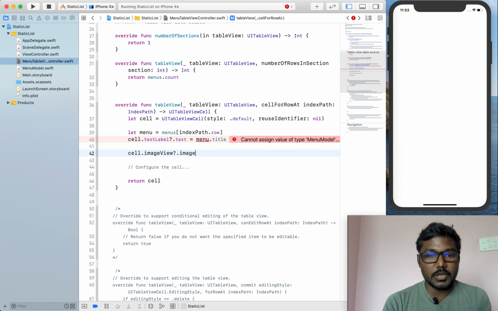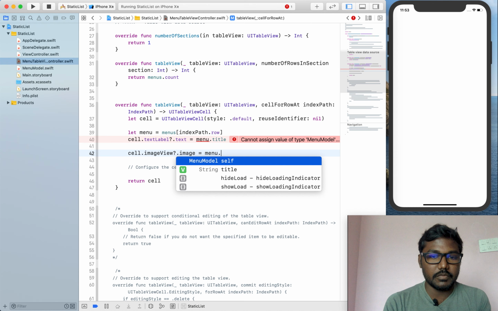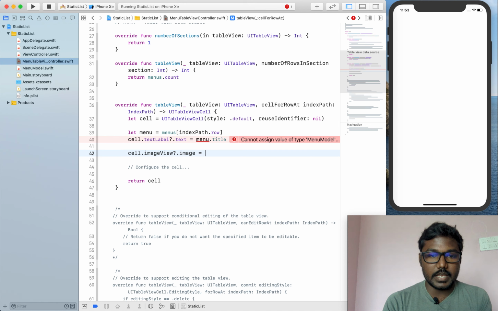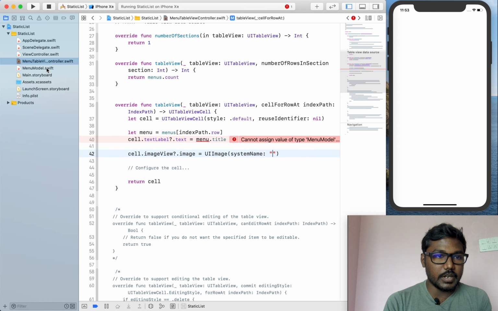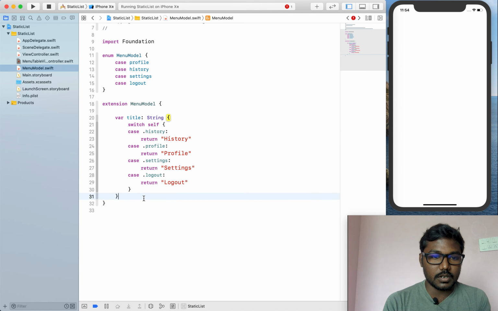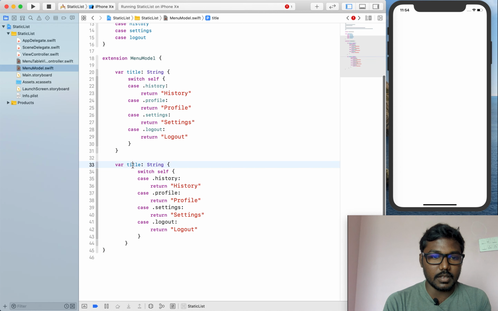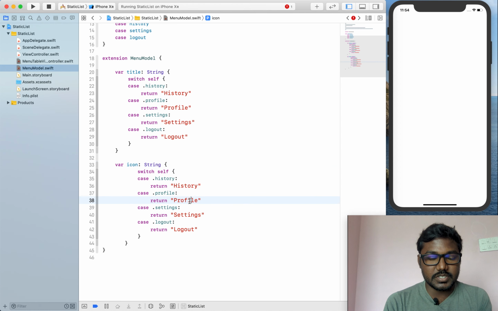Also, if we need, we can set the image for each table view cell, so the image view dot image is equal to a UIImage of system image. We didn't set the image icons, so I'm passing the same thing, copy and paste, and setting it as the icon string.